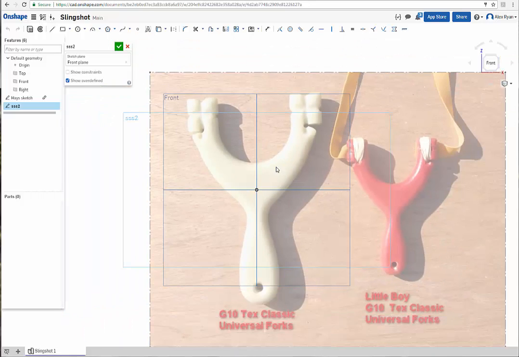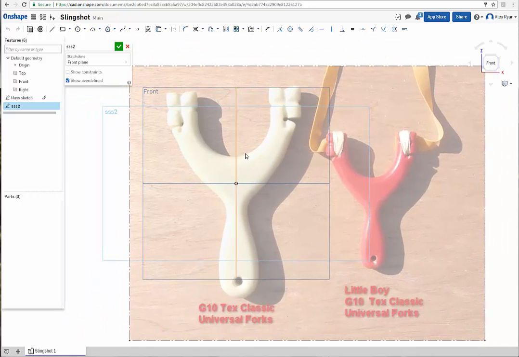So here we are in our second sketch, and we're ready to start drawing this slingshot, which is scaled to about the right size. The very first thing you want to do is figure out what symmetry your design has and draw a center line that will allow you to just draw one side of it and mirror across. Or if you have something with 4-fold symmetry or 10-fold symmetry, figure out your symmetry so you can just draw one piece of it, and then you can mirror and pattern that around so you don't have to duplicate any of your efforts. So,